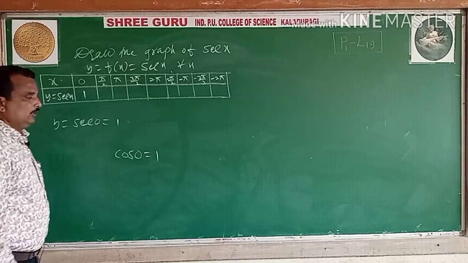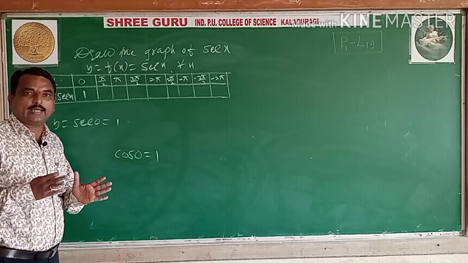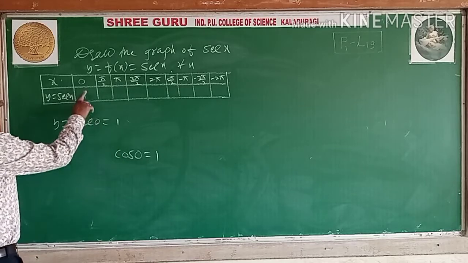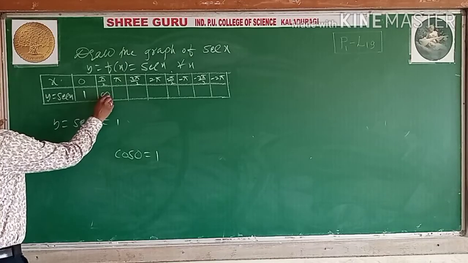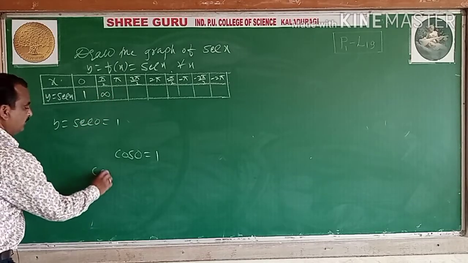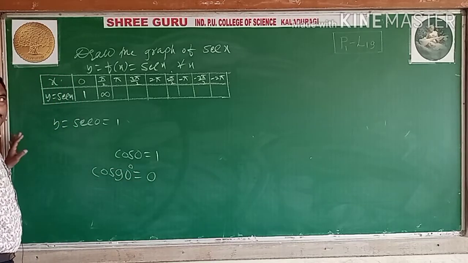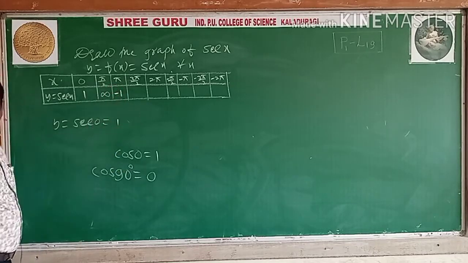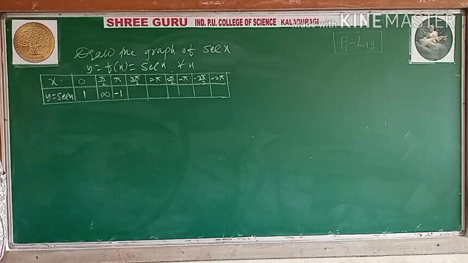Clear, all of you? So you know, I have told you, if you know sin, cos, tan usually, then if you want the remaining ones, you can go for their reciprocals. Or sin by cos if you want tan also. Next, pi by 2. Sec 90 is not defined because cos 90 is 0, and any number by 0 is infinity, not defined. Pi: minus 1. Is it minus 1? Yes, it is minus 1. Clear, all of you? Minus 1 it is.